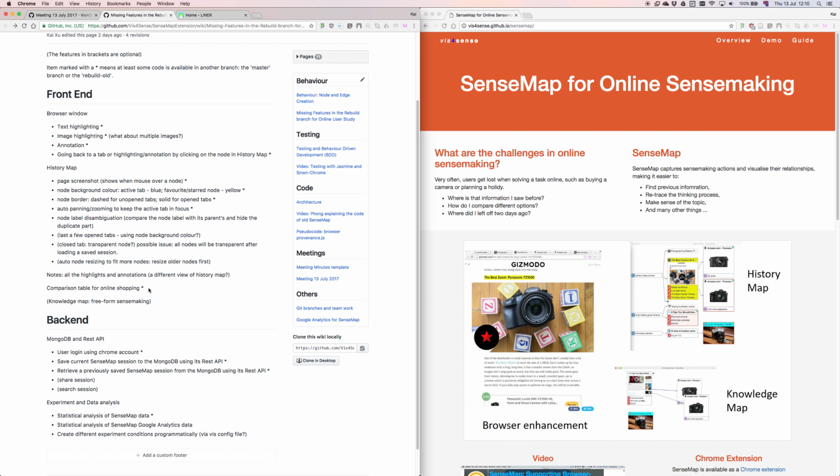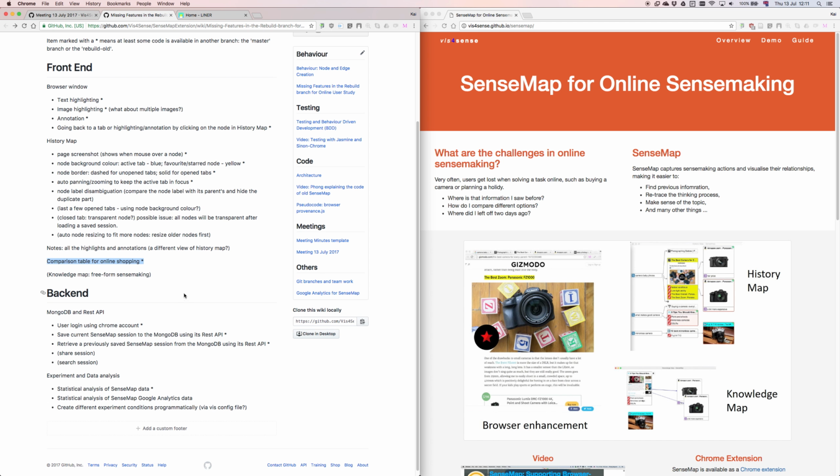Okay. And finally, this one. This is a bit tricky and probably the most challenging part among everything. This is a very specific case to support online shopping, and so we want to build a particular sense map specifically for this. And if you remember the digital camera example I gave when I explained Sense Map,